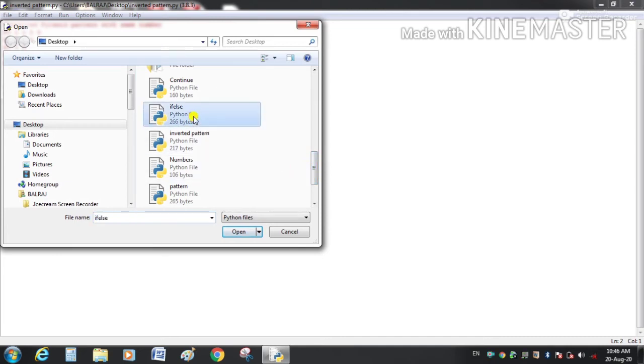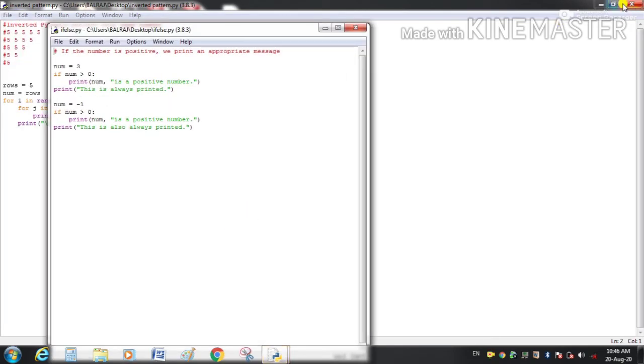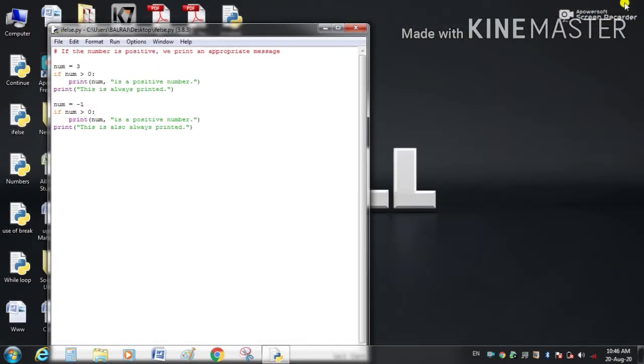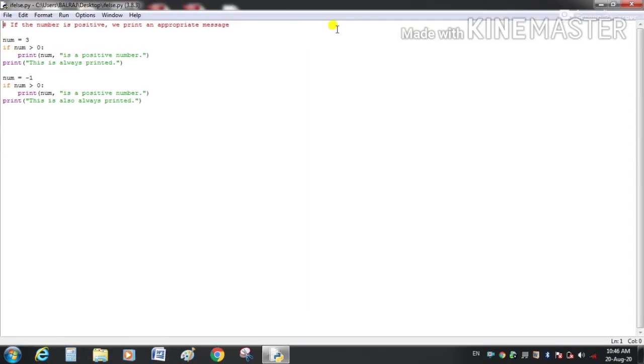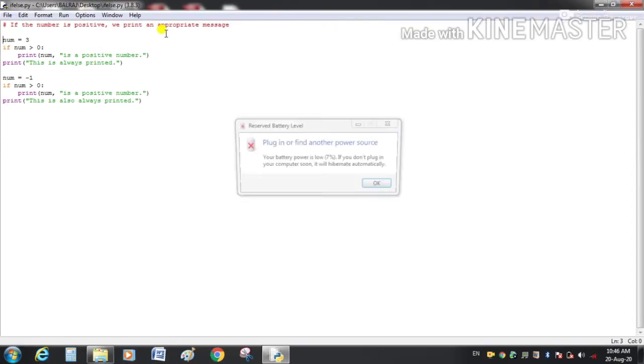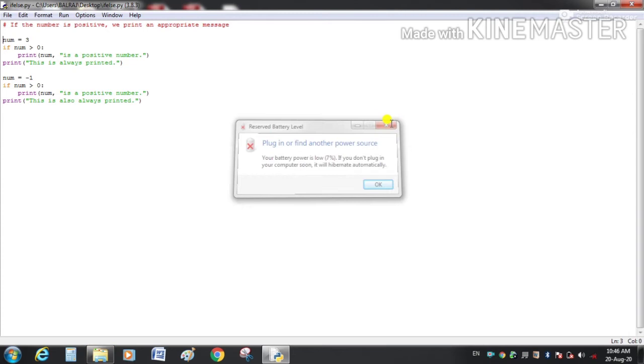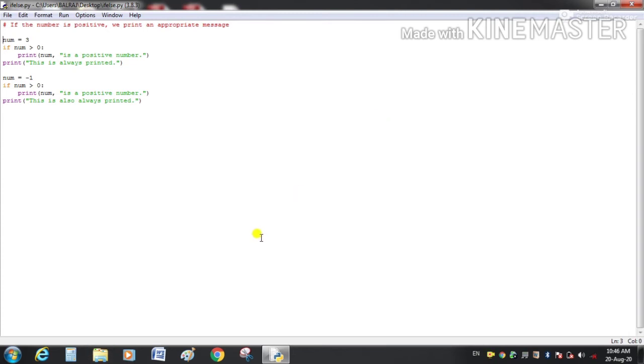There is a file if else. Open it and close the previous window. Now we will see whether a number is positive or negative.